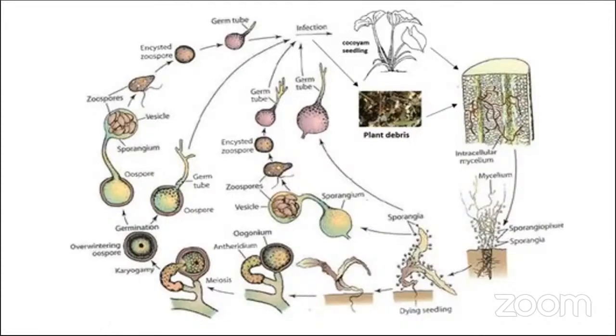Whereas in the sexual life cycle of the fungus, there are two mating populations, that is male and female parents. The Antheridium is the male parent and Oogonium is the female parent. So this bulged or circular shape is the Oogonium, and this one is the Antheridium. They follow meiosis, followed by karyogamy, and they form the oospores. The oospores are nothing but the resting spores, and these oospores can last more than a year or many years when conditions are not suitable for their growth.